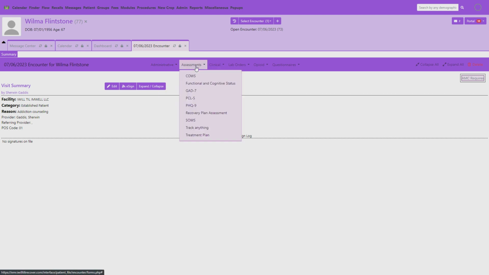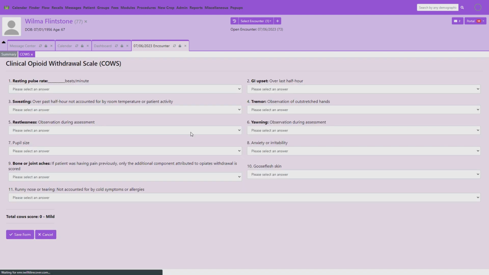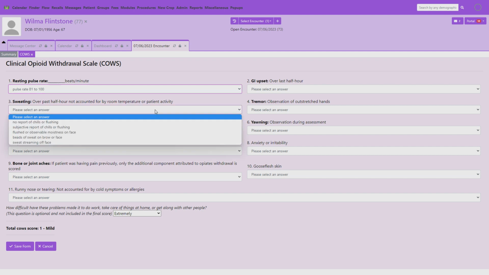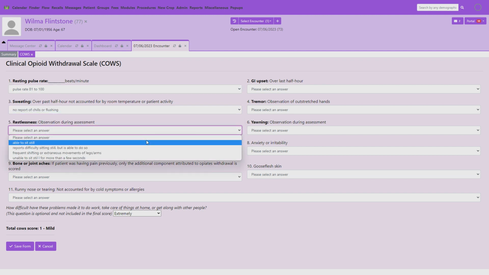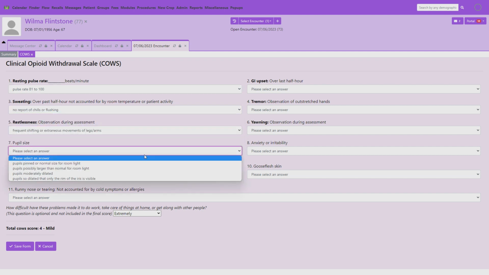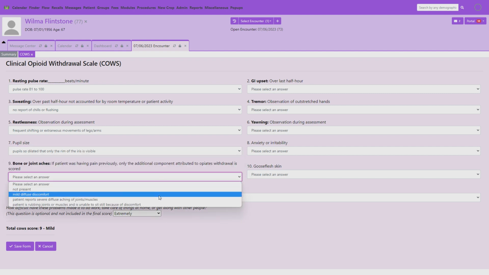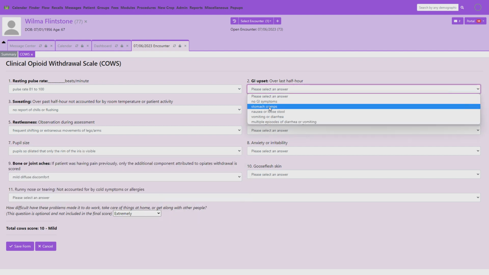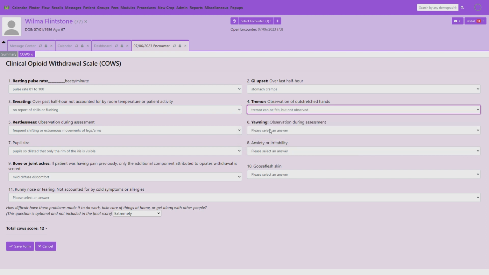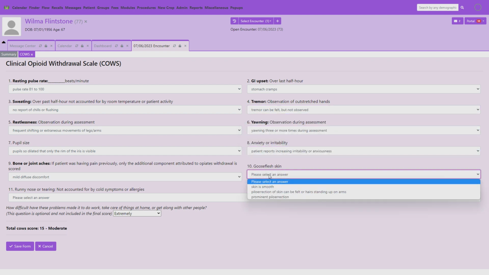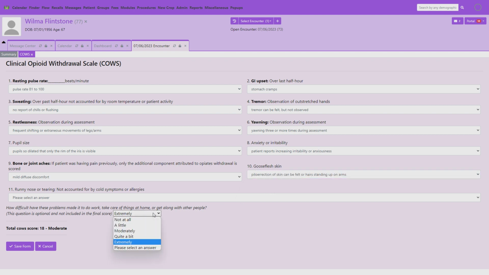In this particular case, say I want to fill out a COWS form. Then here I would go through and fill out the COWS form for that patient. Rushing through this as quickly as possible. Of course, you can take your time and do yours as necessary. And then I'm going to put this as moderate. Oh, well, this said extremely, but okay, if I wanted to change that, you can see that my score here